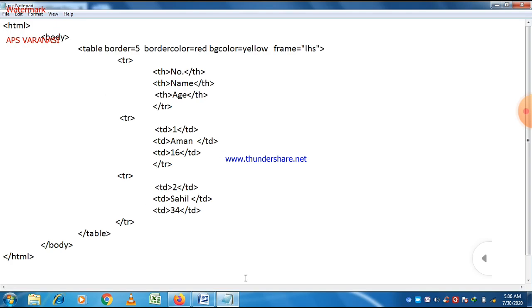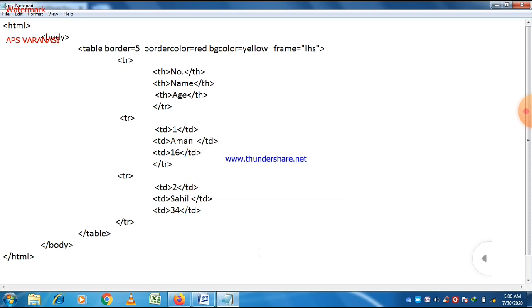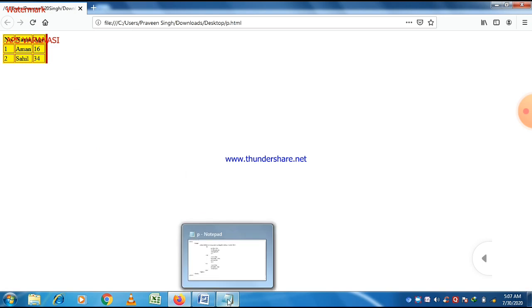So when we say that frame is an attribute, frame basically gives you a frame, and there are different frame values in it. If we just write RHS, then you can easily see that the right hand side line is visible.